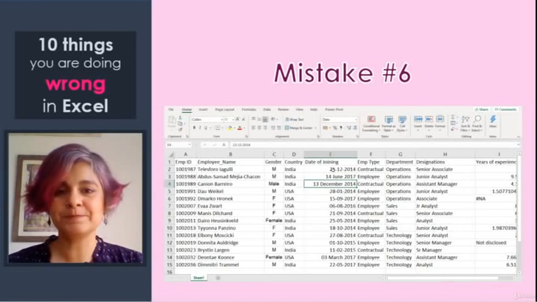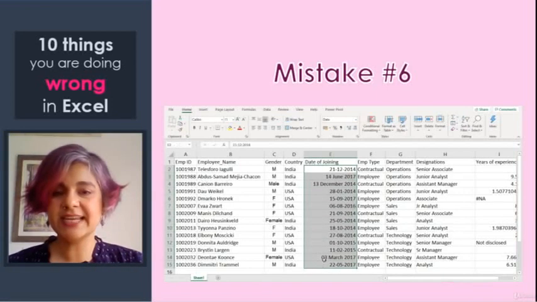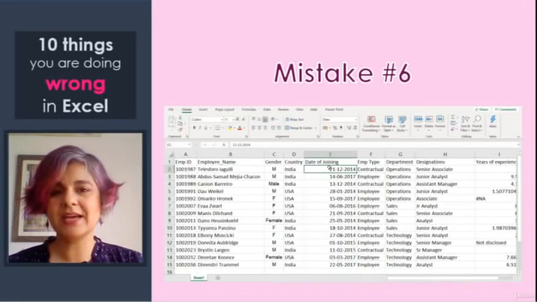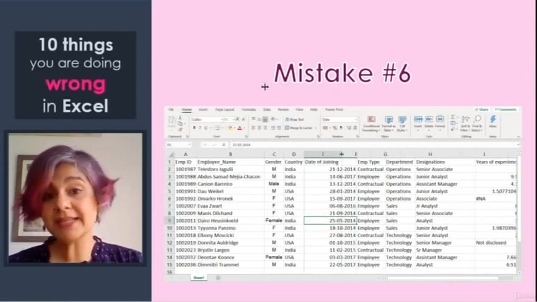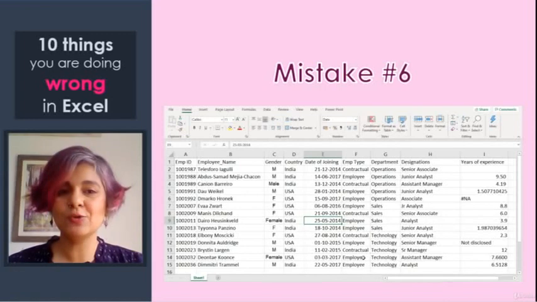So in this case, I'm going to just select all of these cells. I click over here and I have two options over here, short date and long date. I think for us, let's pick the short date, and now all of my dates look similar, which makes it easier for me to compare them with each other and also makes my data look a little bit more presentable.